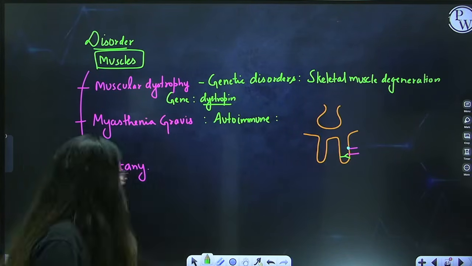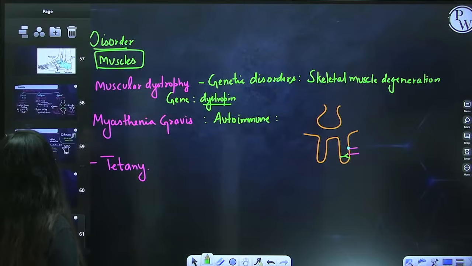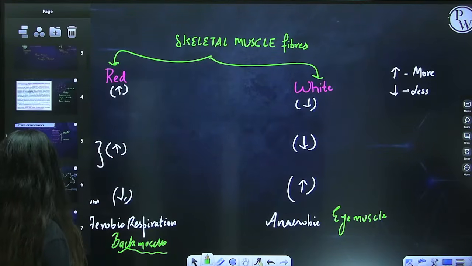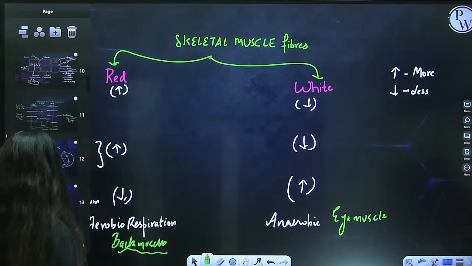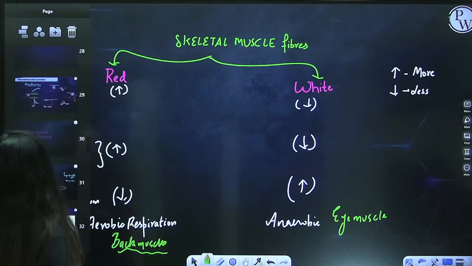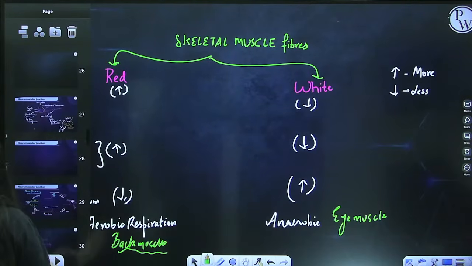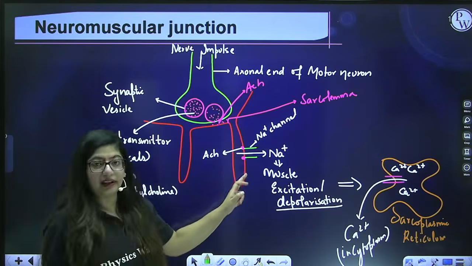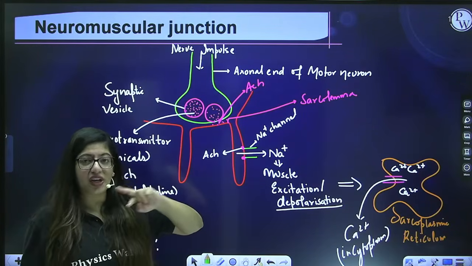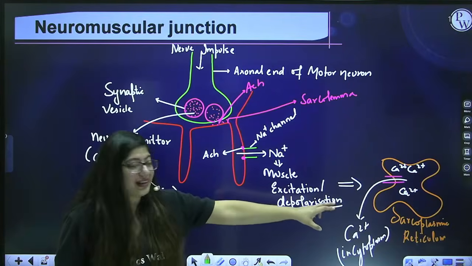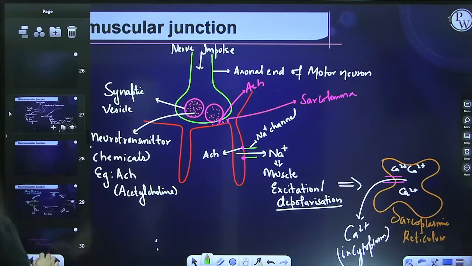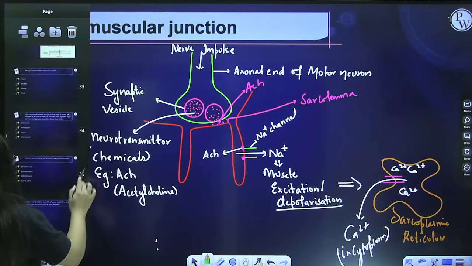See, if you do not remember, I am there to make it clear for you guys. Okay, so this one runs really very fast. All right. Where are you, muscle? Here, ACH was binding, but what if antibodies attach here? Sodium ion will never enter because the channel will never open, and there is no muscle excitation, no calcium ion, no muscle contraction. So this is what happens in myasthenia gravis, right?